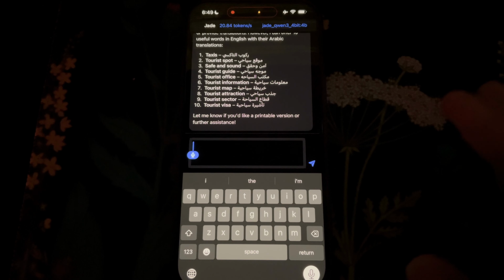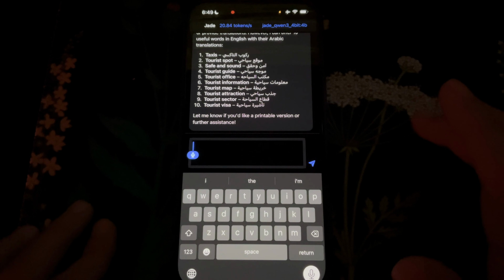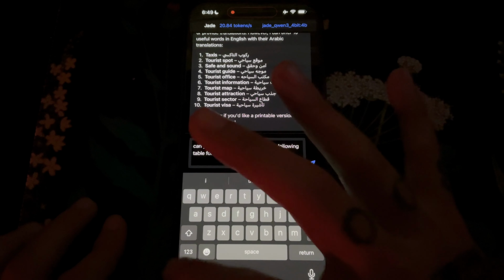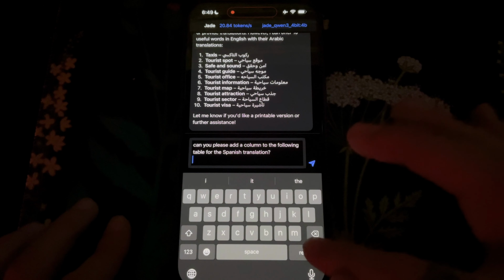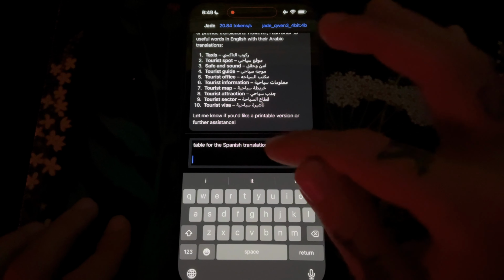Can you please add a column to the following table for the Spanish translation? Hopefully dictation will be able to hear the intonation in our voices and add question marks at some point. If you know how to do that, if I'm just doing something wrong, please let me know.